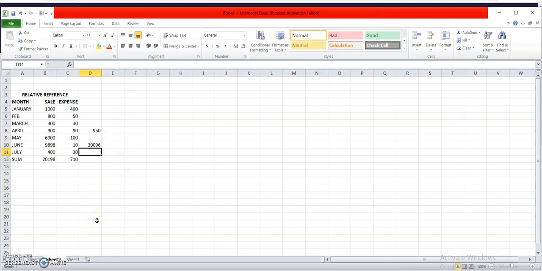It will add both the values. So like this we can use the sheet reference also.